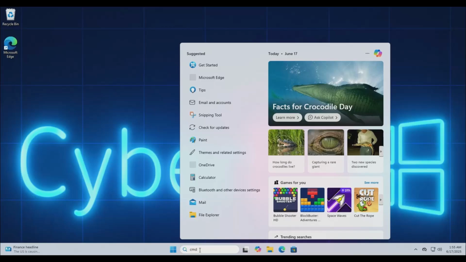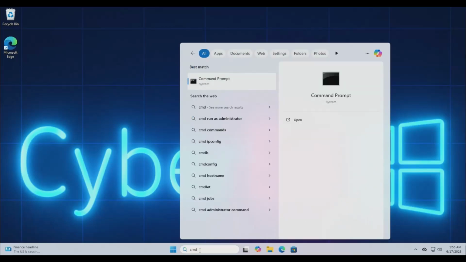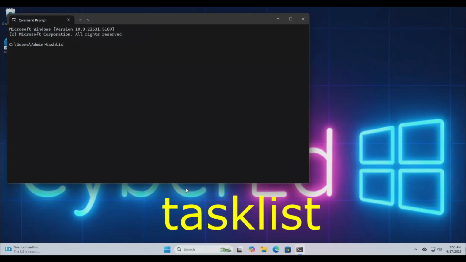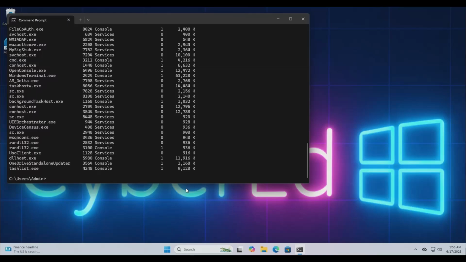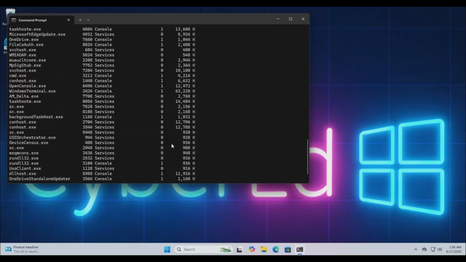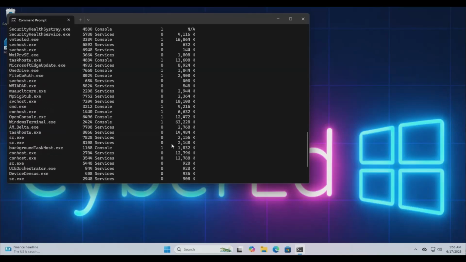Let's start simple. Open Command Prompt and type tasklist. Have a little scroll through the list. Scan for strange names or duplicate processes. Legitimate processes usually have normal names. If you see something like